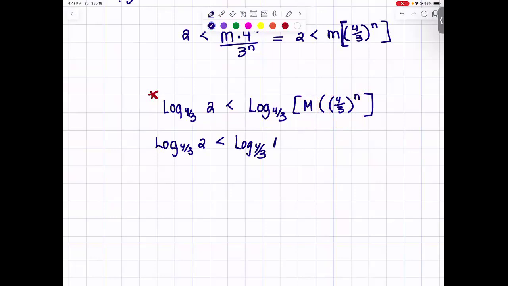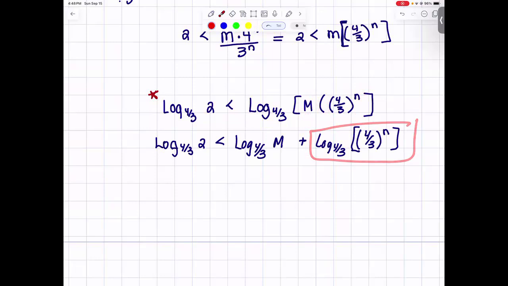4 over 3m plus 4 over 3 times 4 over 3n. Something like that. And now we have one more log rule that we can use. We can use the log rule over here when our base and our value that we're logging are the same. This exponent gets to come all the way down, and it becomes the answer to that log. So we're able to actually rewrite this as